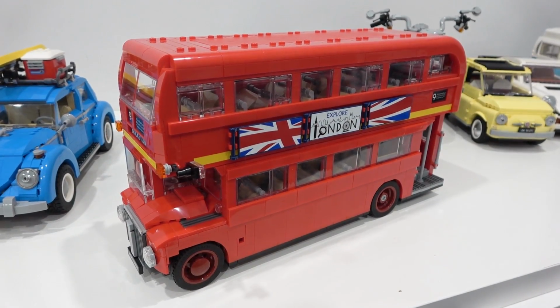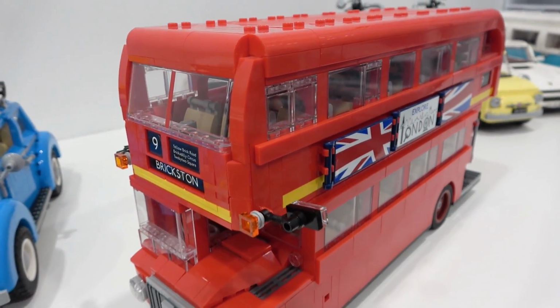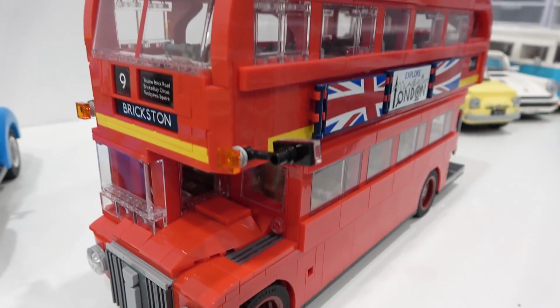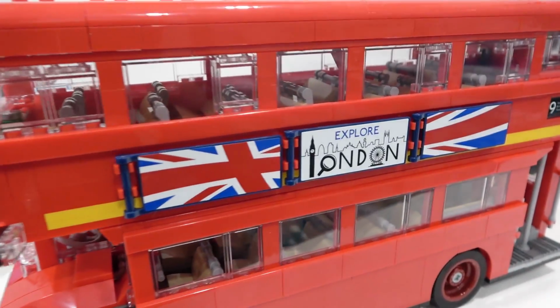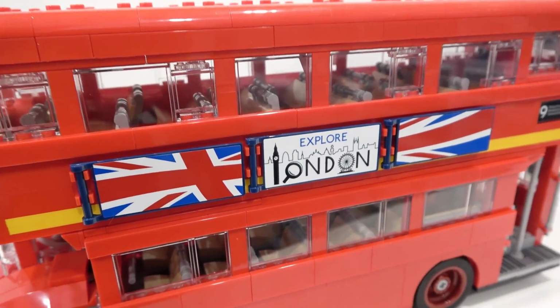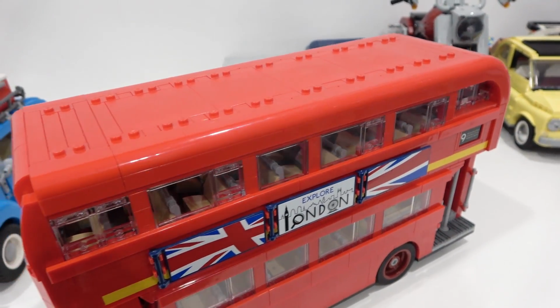The London bus is absolutely massive with 1,686 pieces. Got lots of different sticker details, which are actually customizable as well, as these ones can be flipped. We have it on the Explore London side with the British flag there. This thing is pretty good, however, I found it a little bit